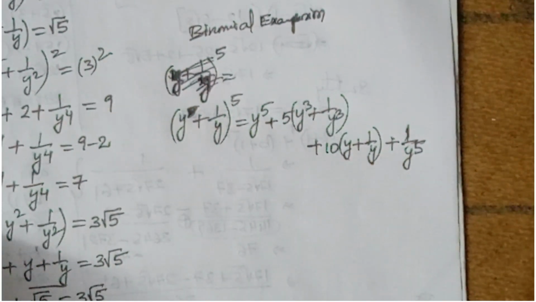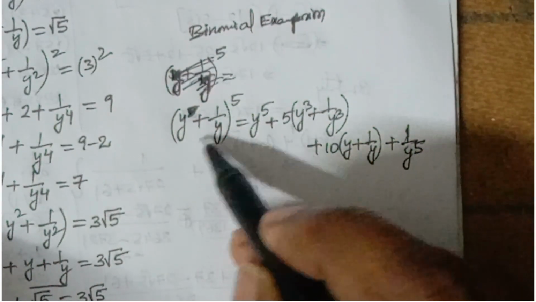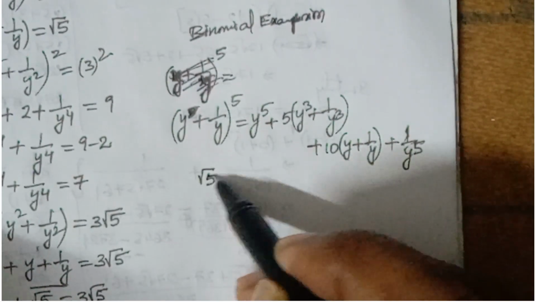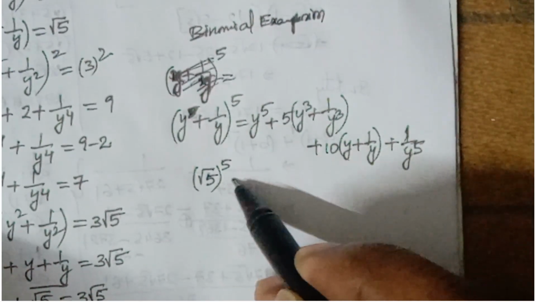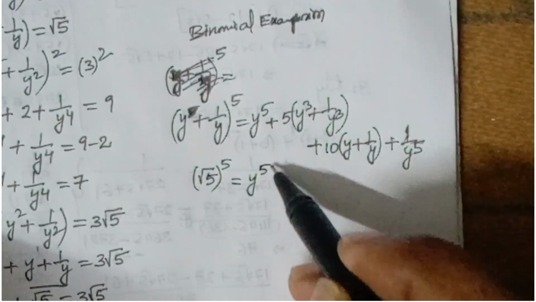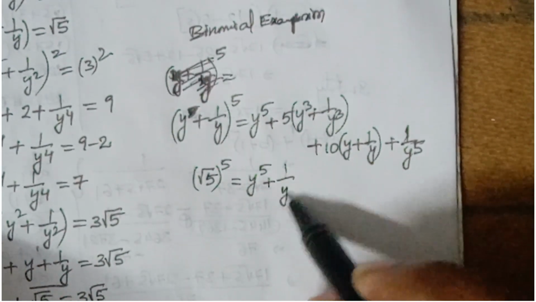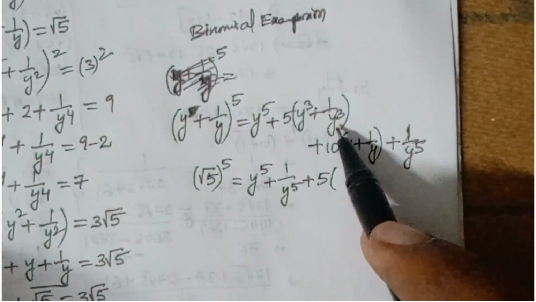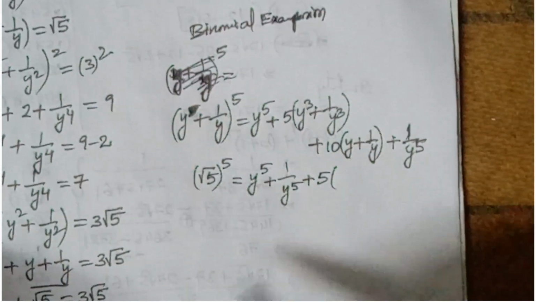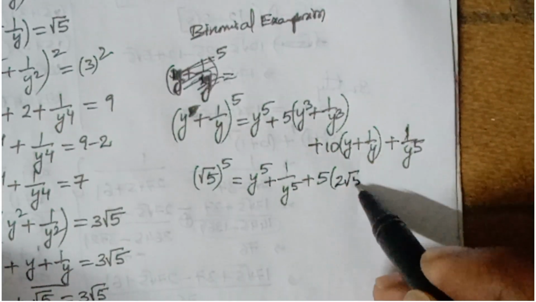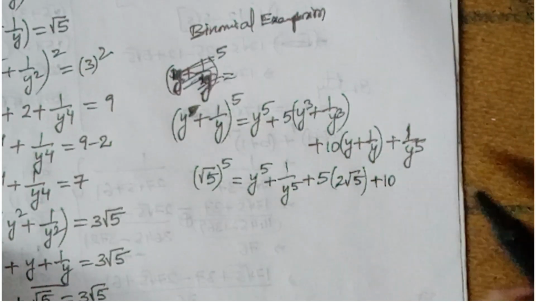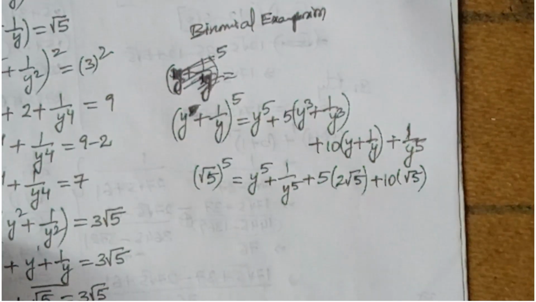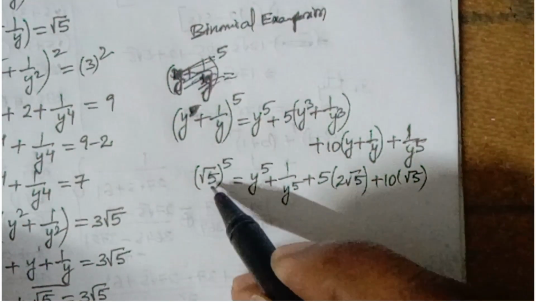Now substitute the values here. Y plus 1 by y value is root 5. Root 5 whole to the power of 5 is equal to y to the power of 5 plus 1 by y to the power of 5. I am writing side by side. 5 into y cube plus 1 by y cube. Here you got 2 root 5 plus 10 into y plus 1 by y value root 5. So here this value will get